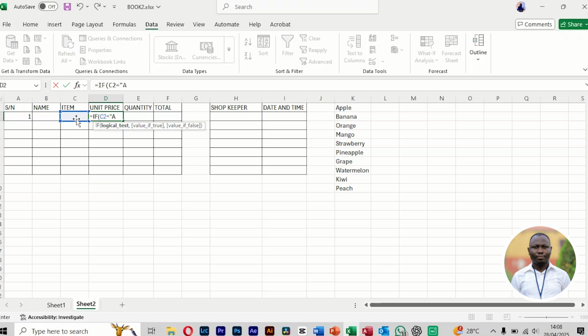apple, comma, close quotation. I have to first close the quotation, comma, then I put the price that I want to attach to apple. Let's say the price they are selling it is 1,500 for each apple. I say comma, if open brackets, this very cell equals to